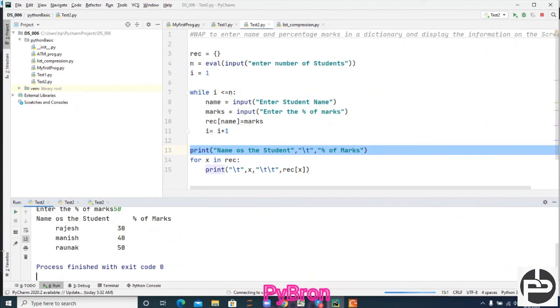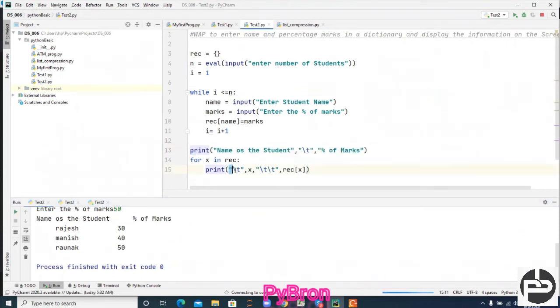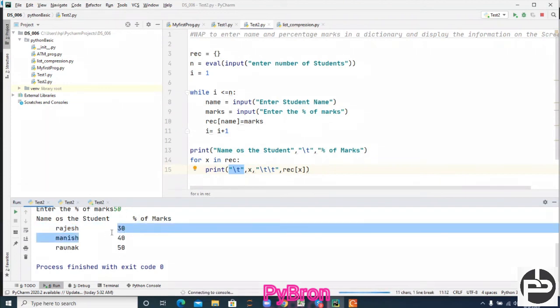And can you see this? What is going to happen? So try to understand. See here I put the slash t, right? Here I pass the slash t. So after this line, it printed this space. After that, 2 times slash t. So after the name, I pass 2 times slash t, and then the marks. Manish is 40, Ronak 30, 50. Hope you understood this code, right?